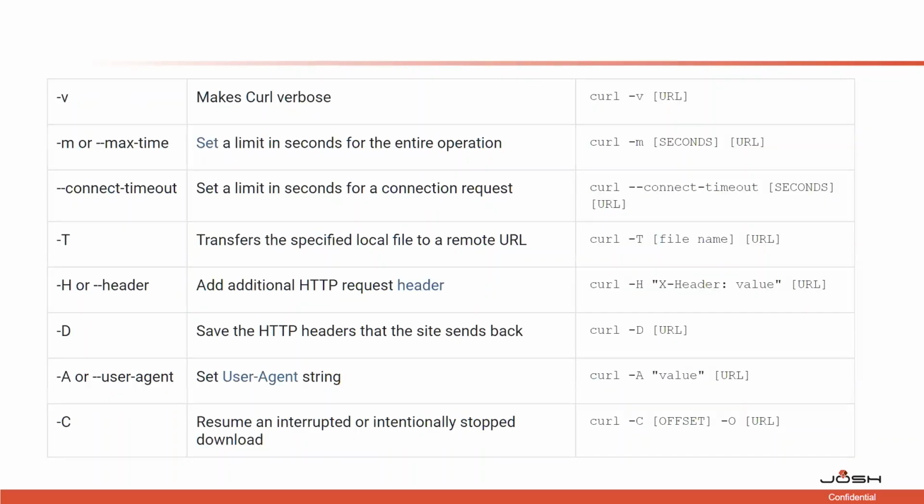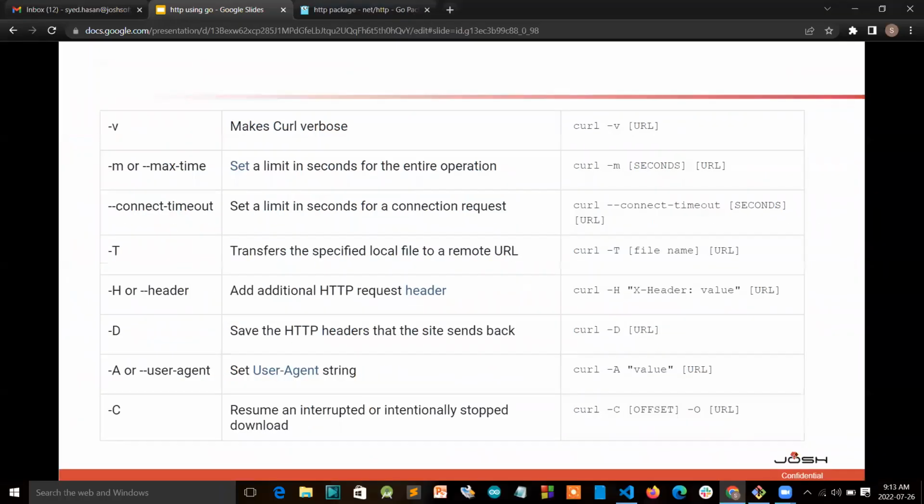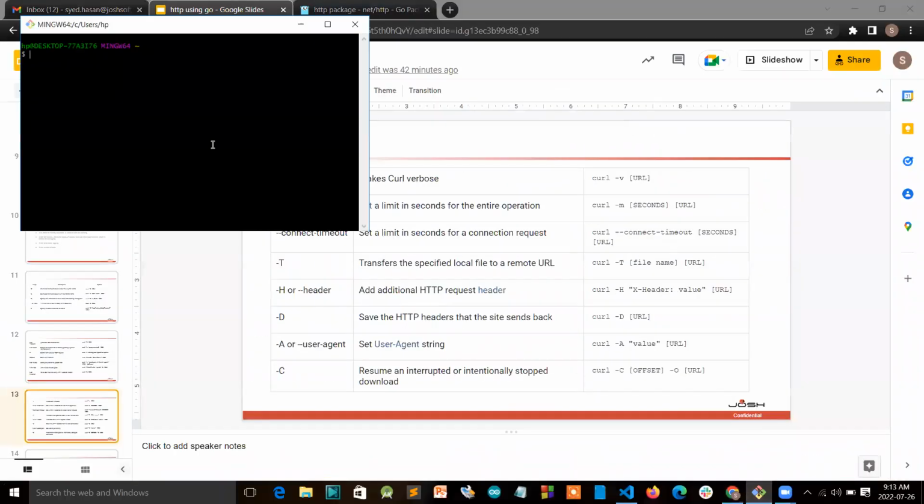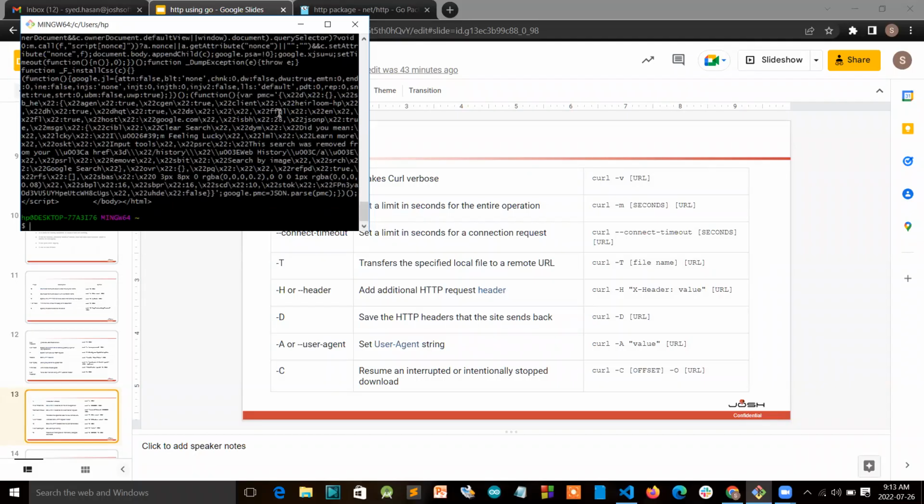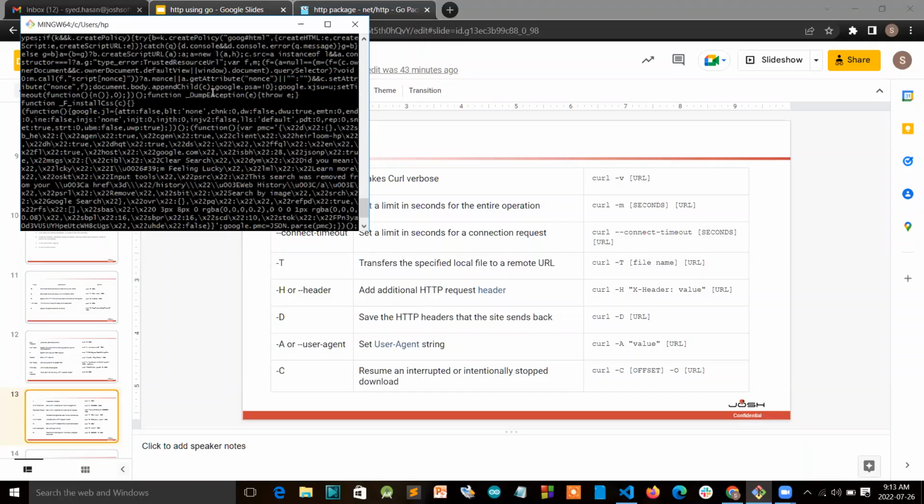So yeah, this was pretty much it. We'll be doing a lot of hands-on of curl when we get to it. I'll just show you one simple demo: curl https://google.com. So if you curl google.com, it gives